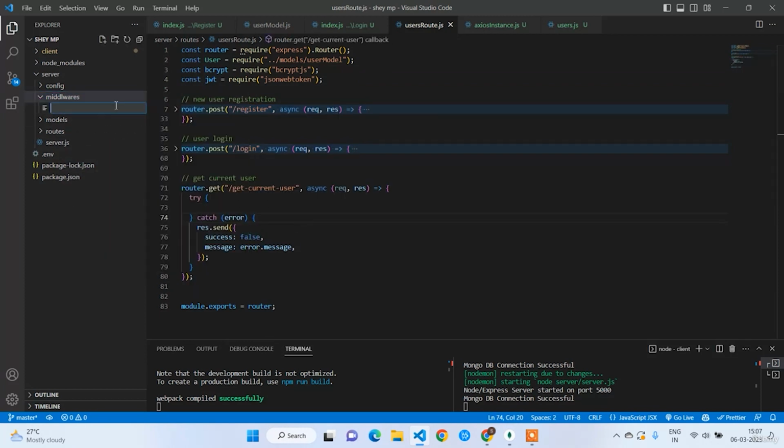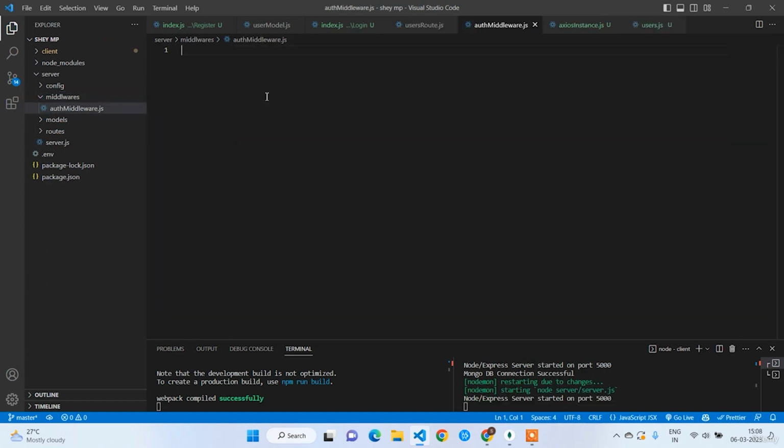I'm going to write one file here, authMiddleware.js. If you are aware of the JWT and authorization concept, it will be a cakewalk for you. Only for beginners, it's somewhat difficult to understand. Now in the authMiddleware.js, we are going to write the middleware logic for every protected endpoint. First, to get the token, we need to have access to the request. Now I'm going to write module.exports equal to